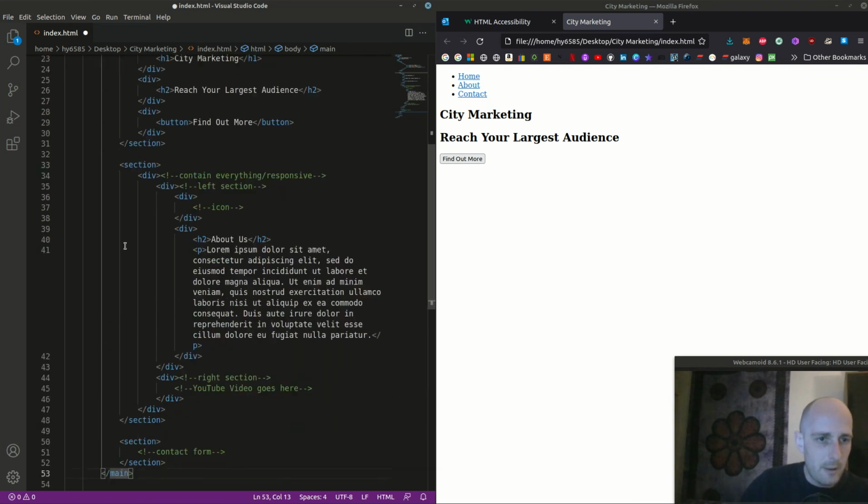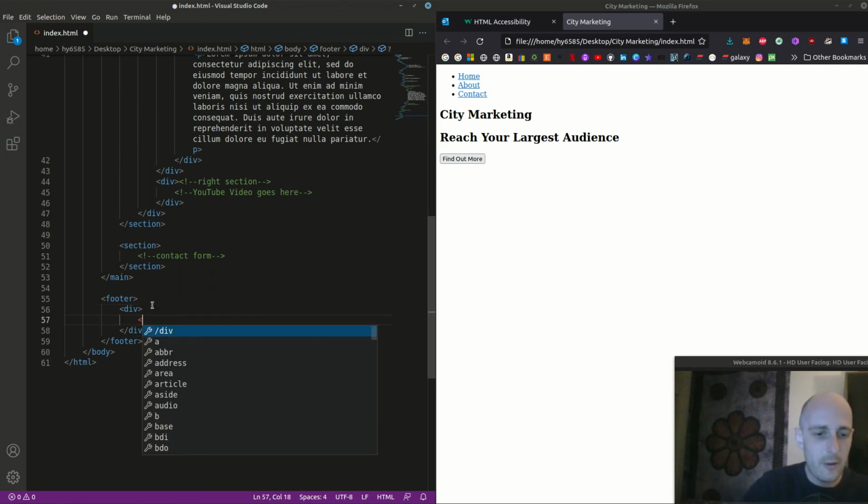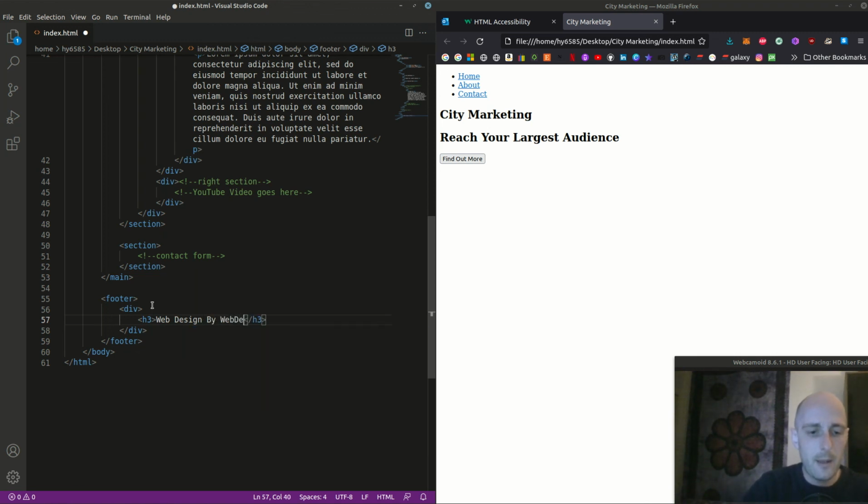So it covers everything here. And then we'll move on to the footer. And in the footer, again, we're going to divide it up into divs. So in this first div, we're going to have an H3. We'll use an H3 instead of an H2. I'm going to put web design, because this is a common thing you see on a website. So web design by web dev